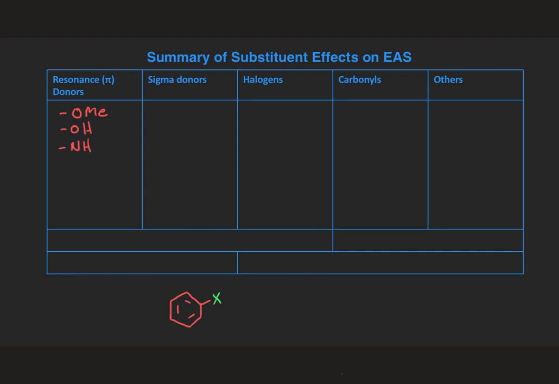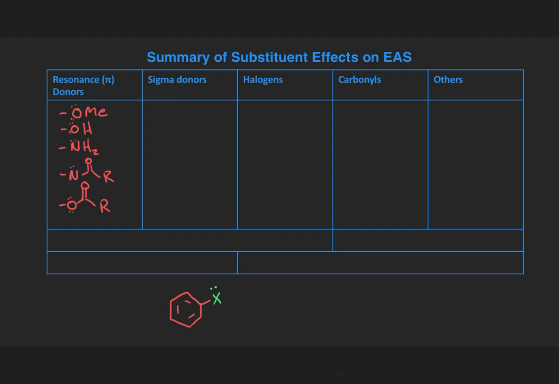We could also look at amides. So rather than the amine or the NH2, we're going to have some amide attached. Or an ester. All of these atoms, the oxygen has 2 lone pairs, a nitrogen has 1 lone pair. All of these atoms have a lone pair, and they can donate some electron density into the aromatic ring through